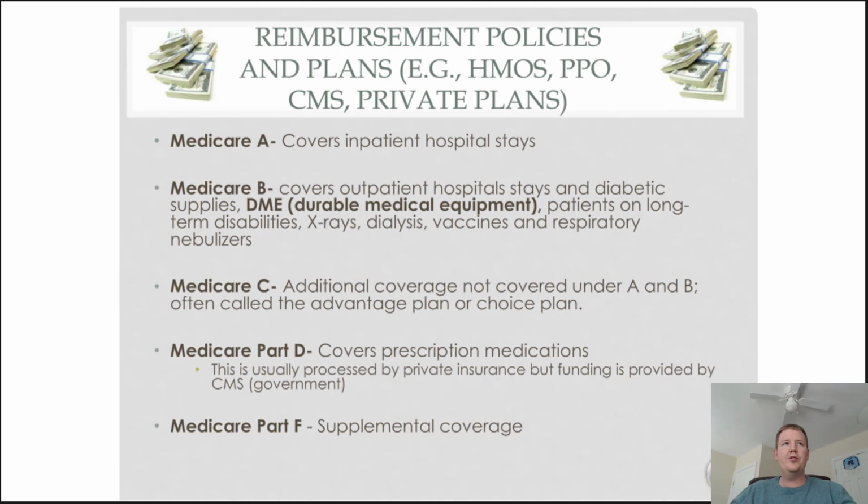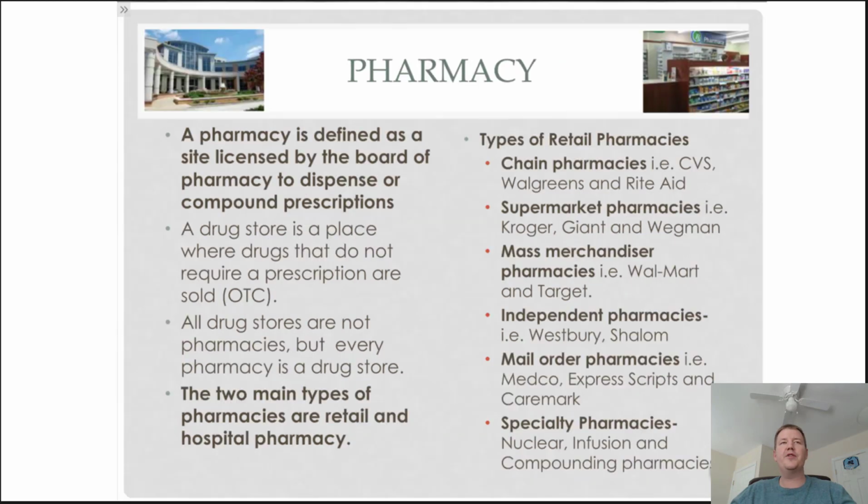Alright, so moving right along to the different types of pharmacies that can bill claims to a pharmacy benefit manager. There are two main types, retail and hospital, but there's a number of other ones as well, so sort of hybrid pharmacies, if you will. Mail order pharmacies are considered a retail pharmacy, but they don't really have a retail setting. So you can fill your retail drugs there, but